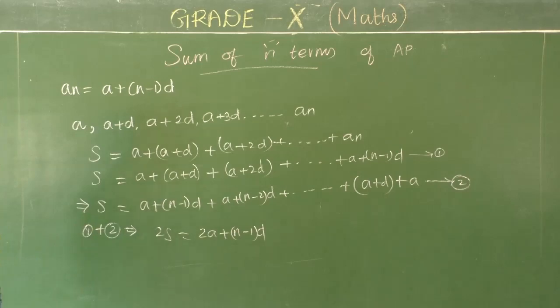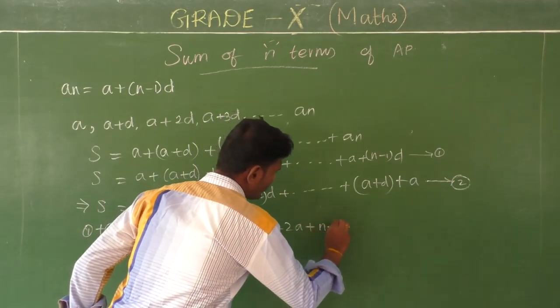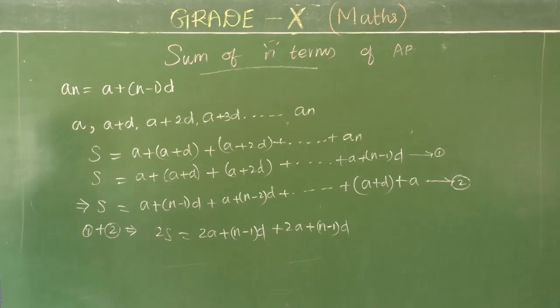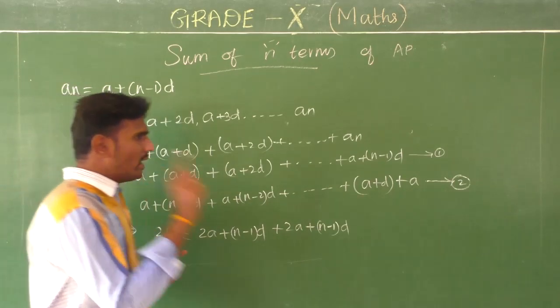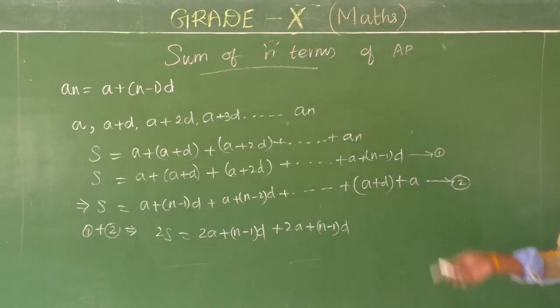The first term, okay. And the second term also you are going to write, so that is 2a plus (n minus 1) into d. The same will continue for all the terms. So here a plus a. Then how does n minus 1 into d come? Already I told you, from the nth term, for n equal to 1, n minus 1 is 1 minus 1 into d, which means 0.